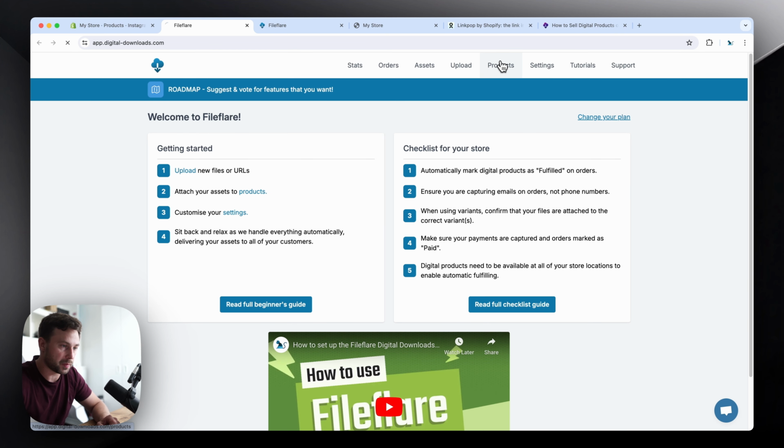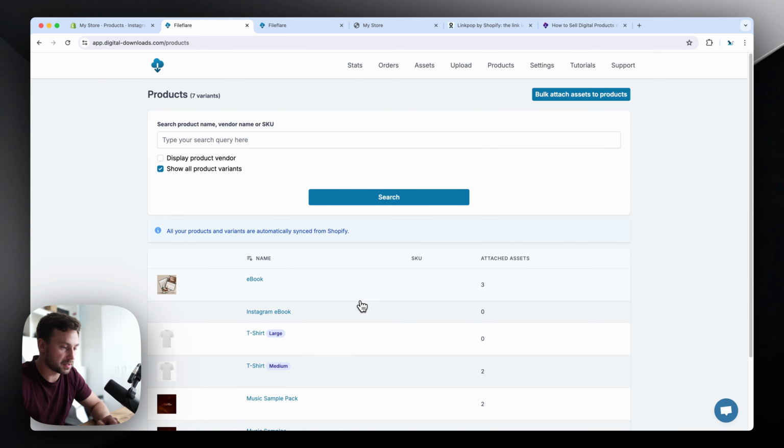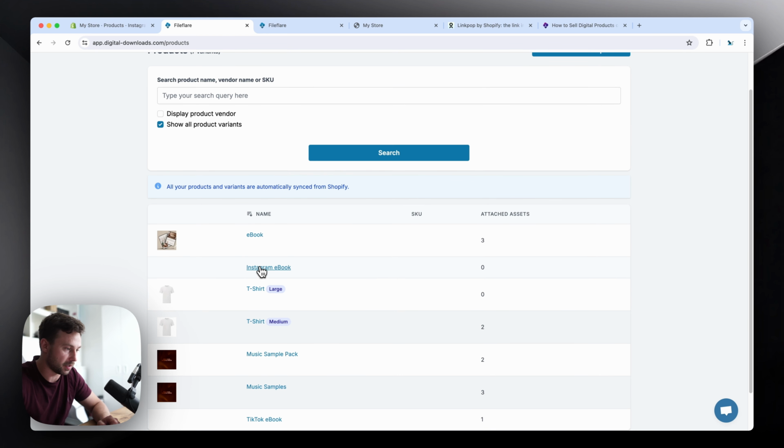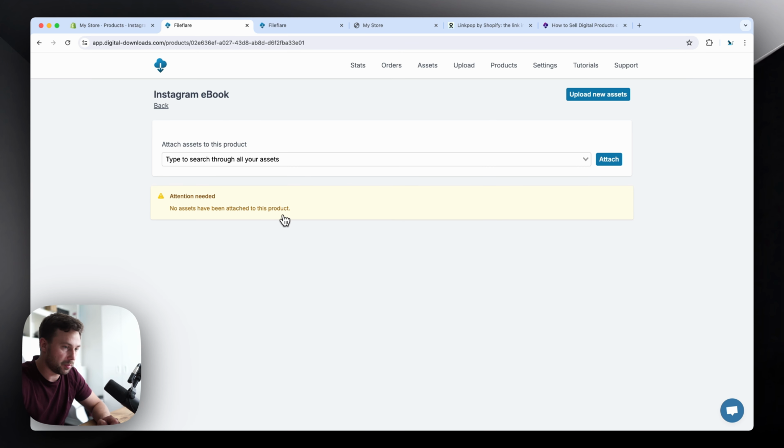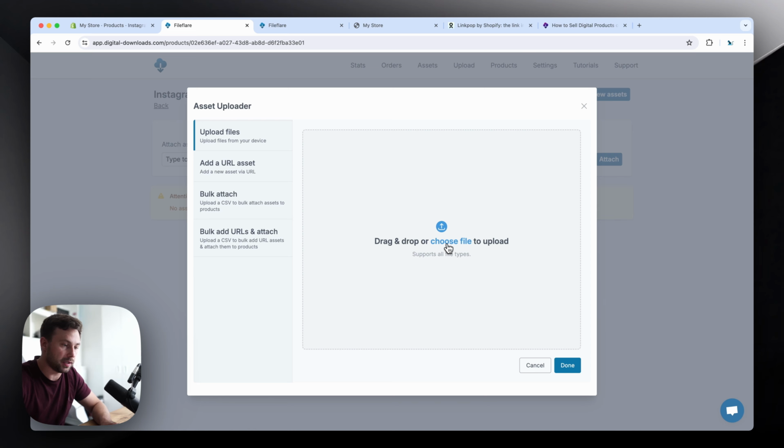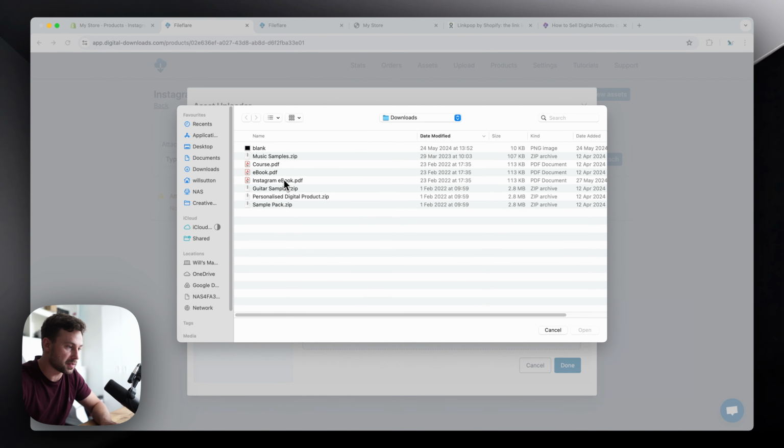We'll go to the products page, and then what we need to do is find the product that we just created. I've got a bunch of other test products here, so ignore those. We'll click on the Instagram ebook, and then press the Upload New Assets button, and now we're going to select the digital product. So you can see here I've got one prepared already, which is Instagram ebook.